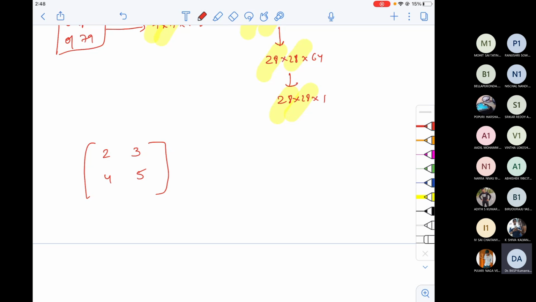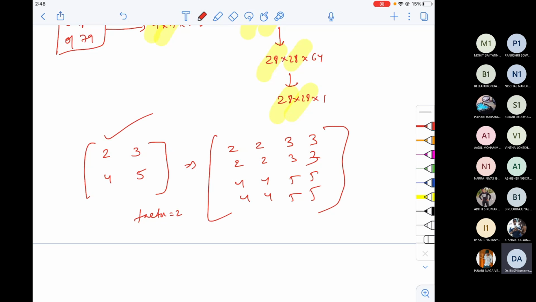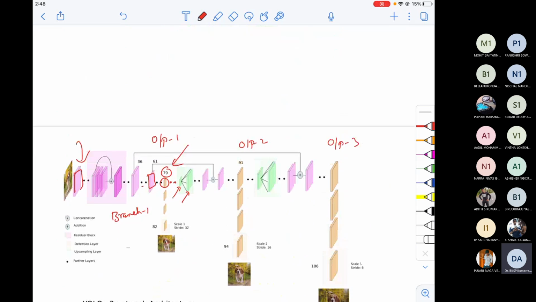For that, maybe I'll upscale by a factor of 2. They repeat the pixels: 3, 4, 4, 4, 5, 5, 5. Now see, I upscaled my entire image by a factor of 2 by repeating each pixel value again and again: pixel value 2, 2, 2, 3, 3, because I want to upscale by a factor of 2. Like this, the upscaling is done even here,